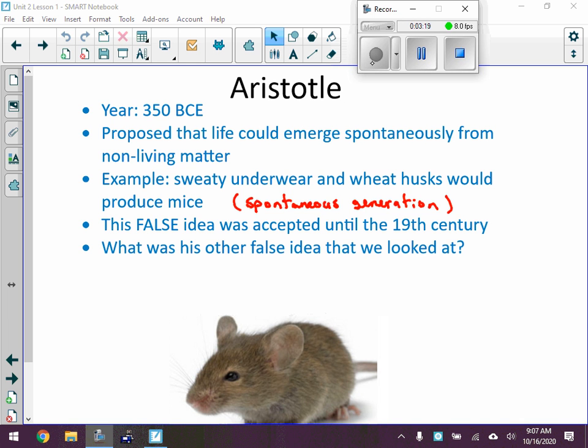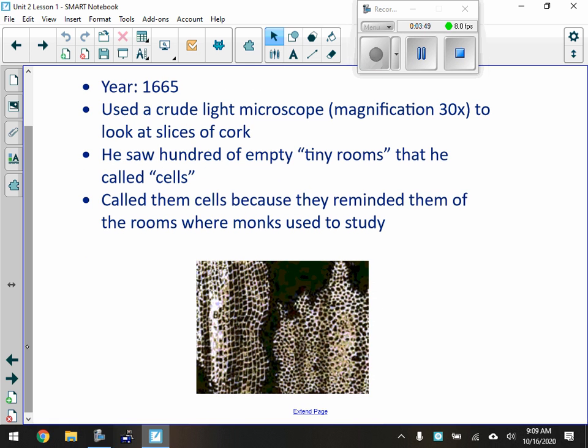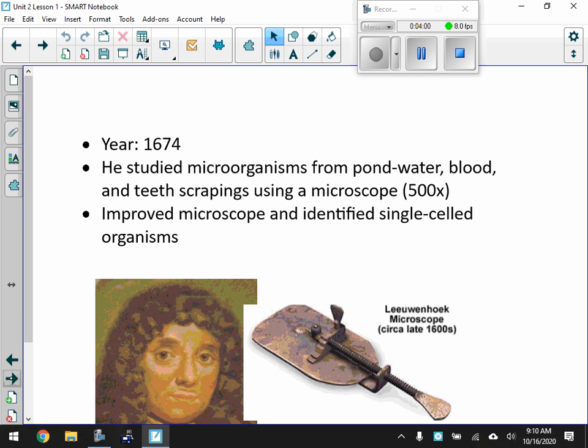Yeah, pretty much. Okay, the next guy we're going to look at is Robert Hooke, and I'll let you copy first, and we'll talk a little bit about that. So Robert Hooke, like I said, in 1665 used a crude light microscope with a magnification of 30 times to look at slices of cork. He saw all these tiny little rooms, and he called them cells because they reminded him of where monks used to study. So he was the first one to use a very simple microscope to examine these tiny little layers of cells. Okay, good. In 1674,